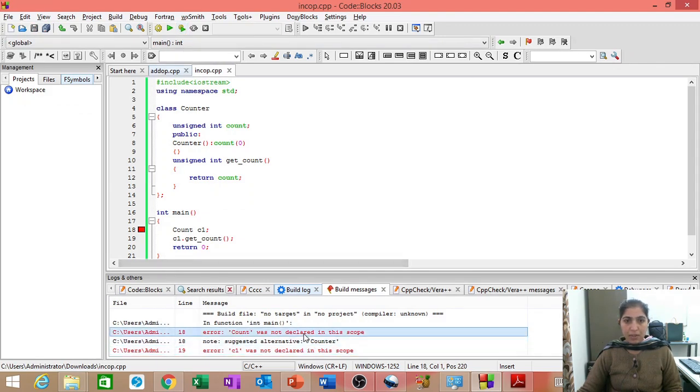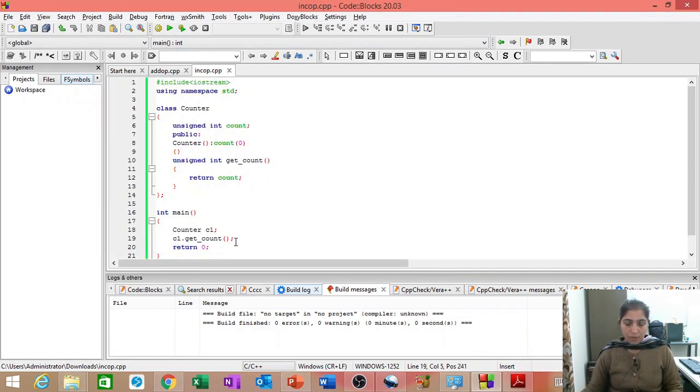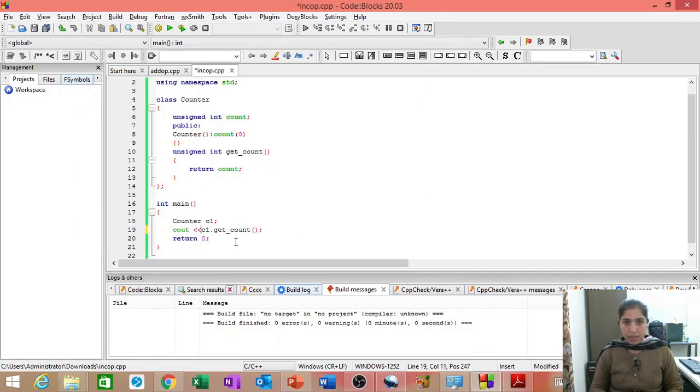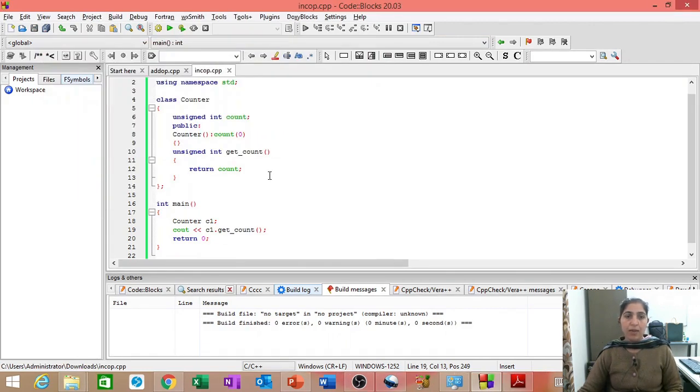Count was not declared in this scope. It is not count, it is counter. Sorry. Okay, so we have to print this, cout c1 dot get count. So it is giving us the value 0.